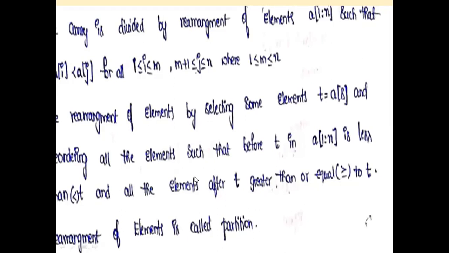In merge sort the array is also divided into two subarrays, but it does not follow the condition that the elements in the first subarray are less than those in the second. In quicksort, the array is divided into two subarrays by rearrangement of elements using the partition algorithm. Then the first subarray is solved by quicksort recursively, and the second subarray is also solved by recursive quicksort.